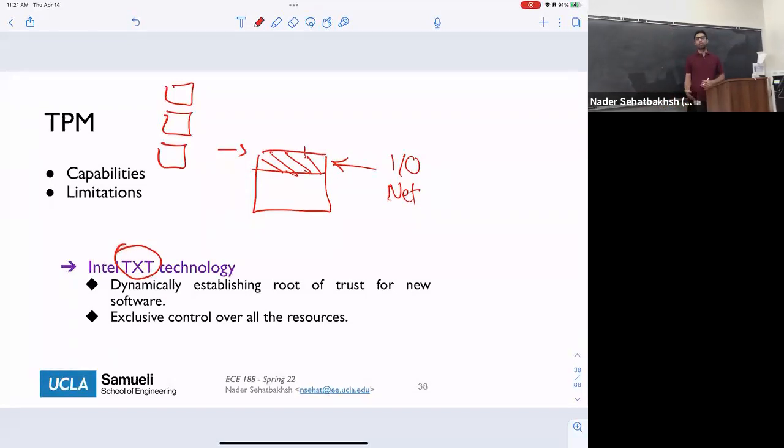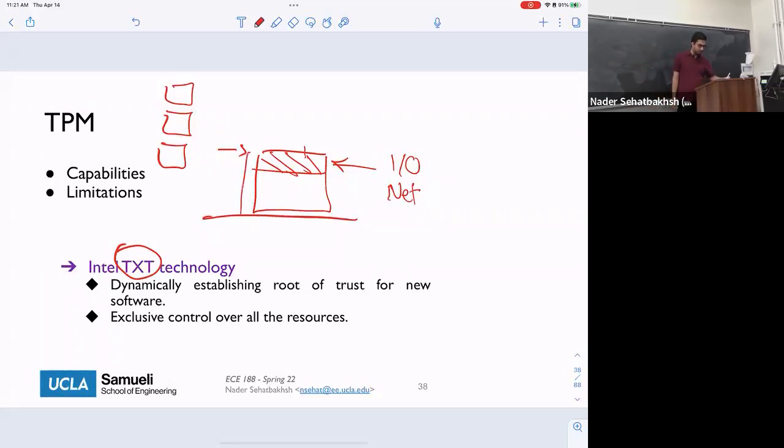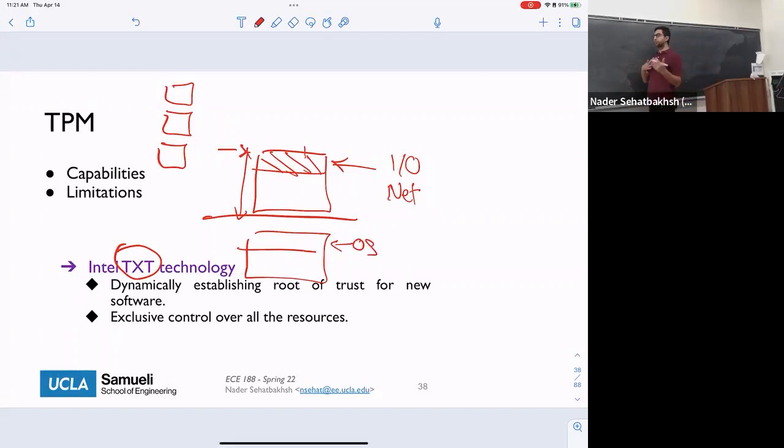And then if you want to go back to our normal execution, we again have to reboot the system, delete this part of the memory entirely, go back and load our operating system here, and then continue. And if you want to switch back and forth, this process happens over and over again. We reboot the system, we sanitize the entire memory, we load the application that we want, and we continue.